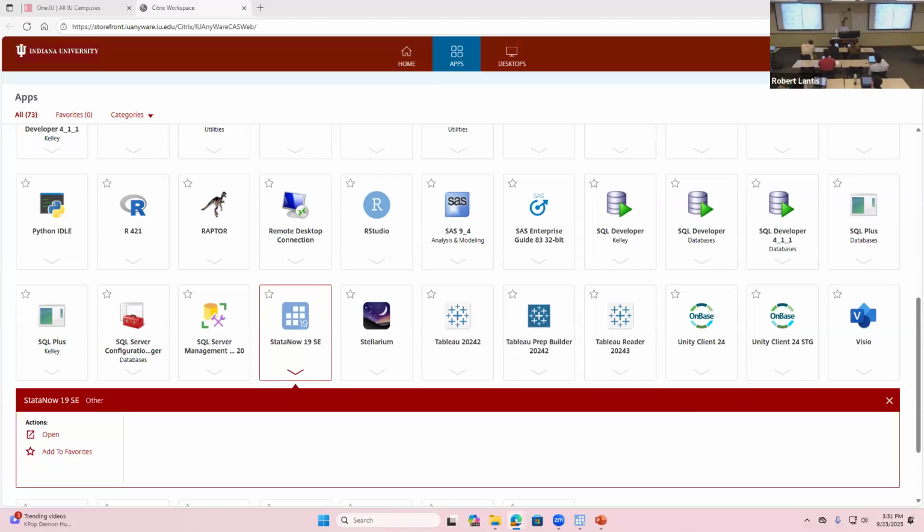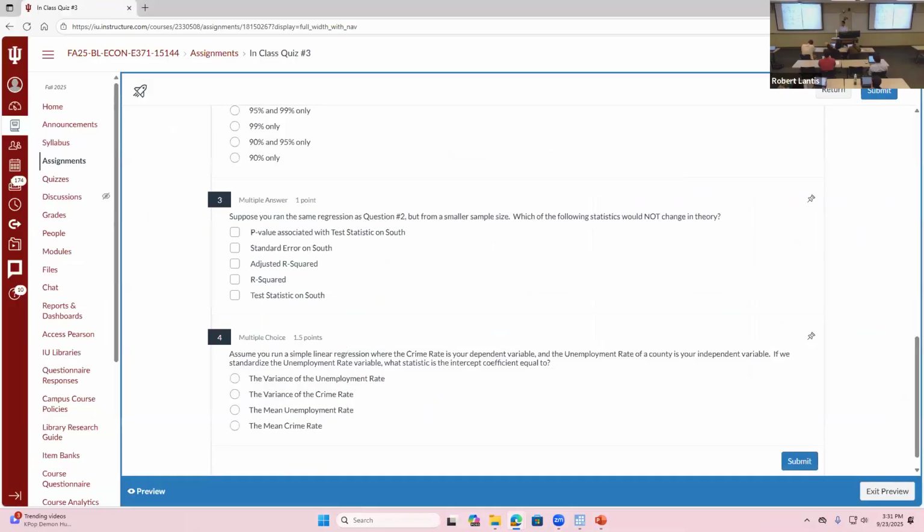Let me move this here so I can make sure I'm getting these right. There we go. So we had the p-value associated with our test statistic. This is actually kind of going back a little bit. But if I have my